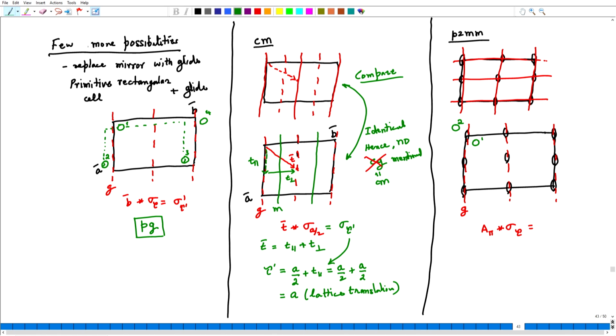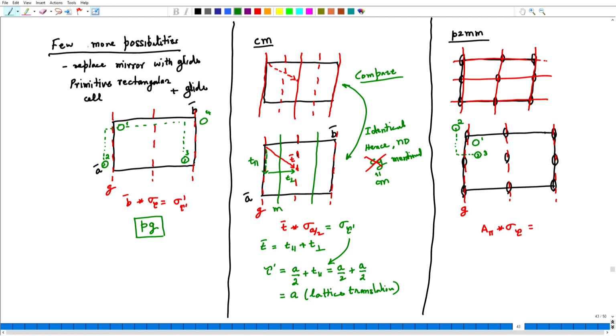Next, what we do is operate the glide. So, if I operate the glide plane on the motif number 2, there will be a translation, followed by a reflection, and I will get motif number 3, which is left handed, and of course, the lattice translations will take these motifs everywhere else, but let us just focus on this.